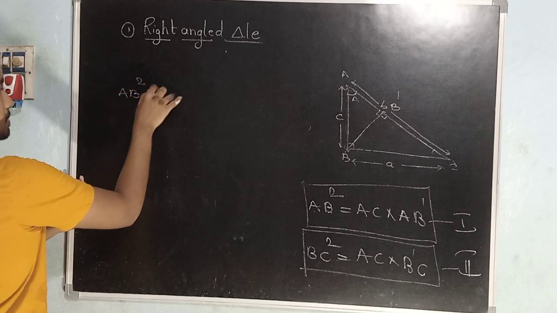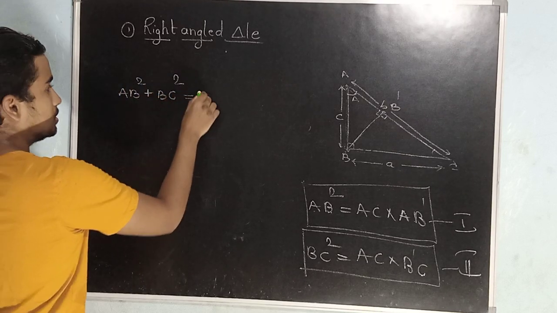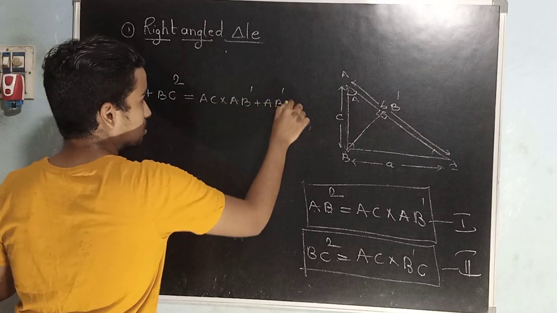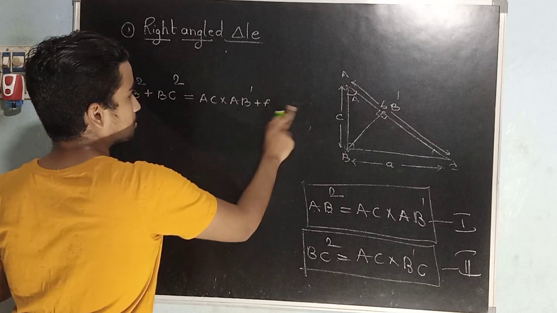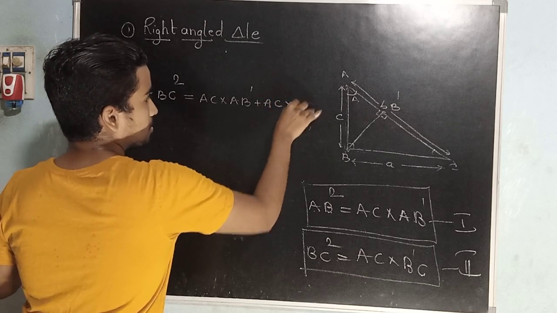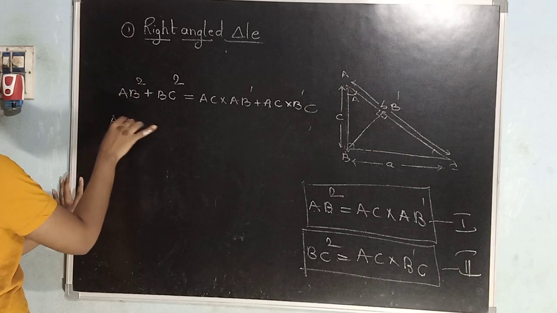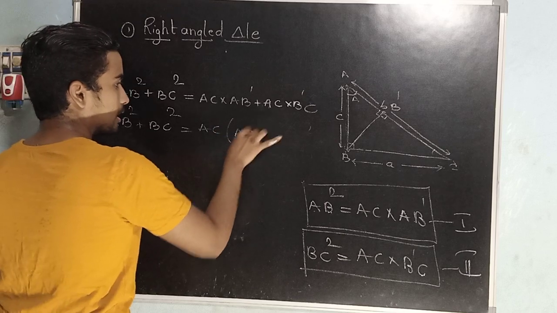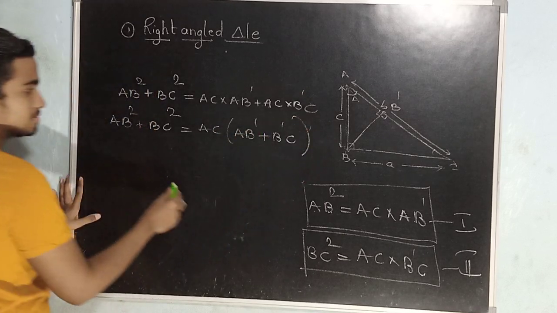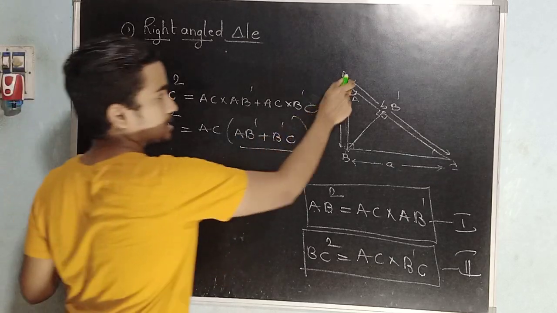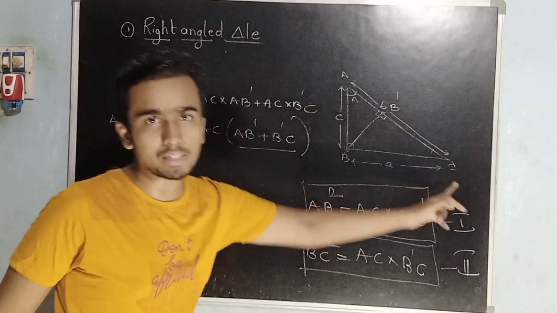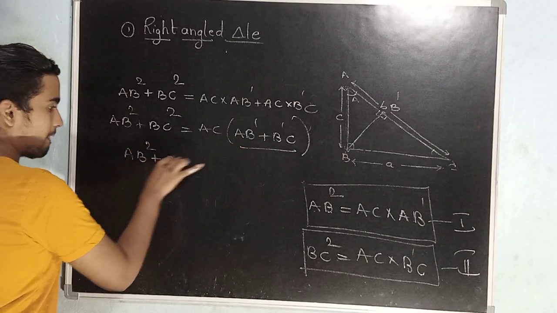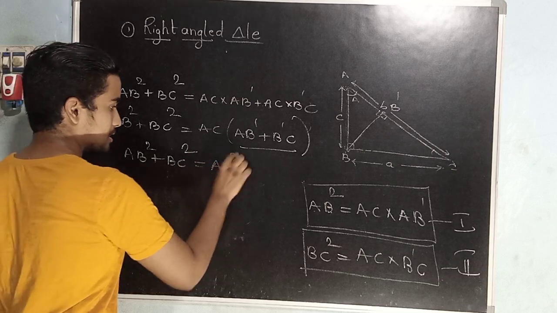AB square plus BC square is equal to AC into AB dash plus AC into B dash C. AB square plus BC square is equal to AC into (AB dash plus B dash C), and AB dash plus B dash C is nothing but AC. Putting it here, I can write it as AB square plus BC square is equal to AC square,